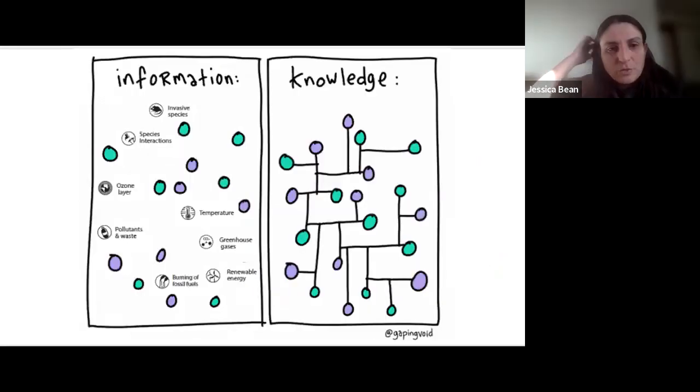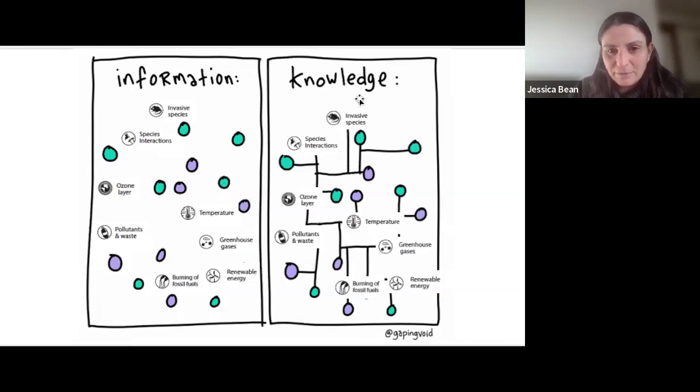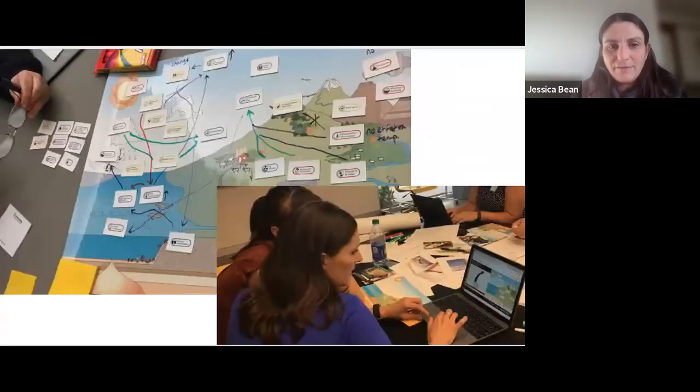And so the extension of the tools, the more student-facing tools that we've built off of this project, have really been, again, about this idea of taking information, but really turning it into interconnected knowledge, right? So understanding how invasive species affect species interactions or temperatures affected by greenhouse gases and connecting the dots across the different parts of the system. And so what you can do is take the icons, the different pieces of our framework, and create system models that show those interactions and relationships.